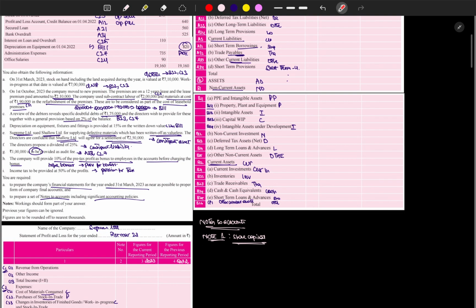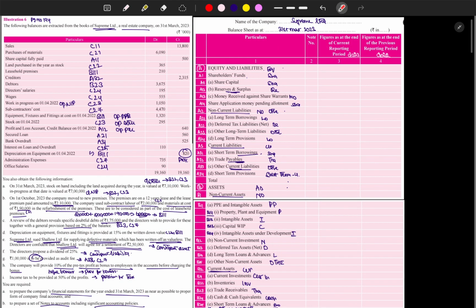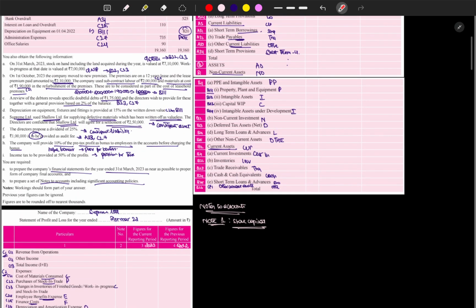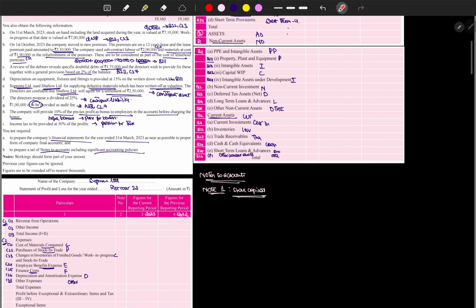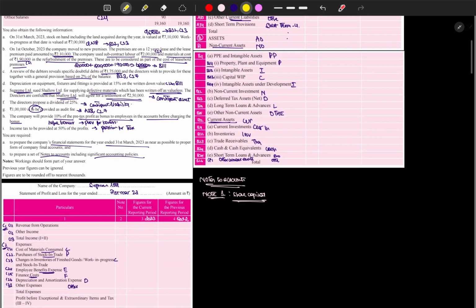So the first note is share capital, which is share capital fully paid, which is 5 lakhs. Five lakhs is the share capital value. So authorized, issued, subscribed, called up, paid up